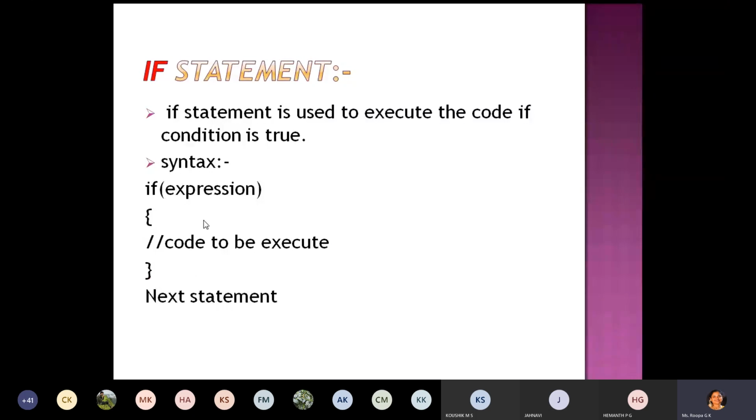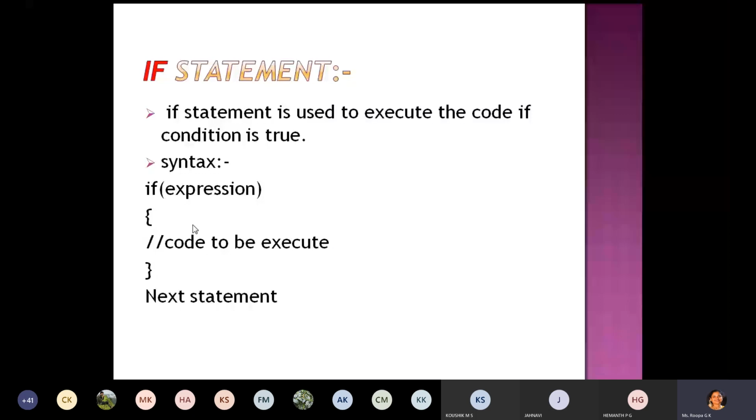So how exactly is the control changed? The condition or expression is evaluated. If the expression is true, this block of statements will be executed. If it is false, the next statement will be executed.